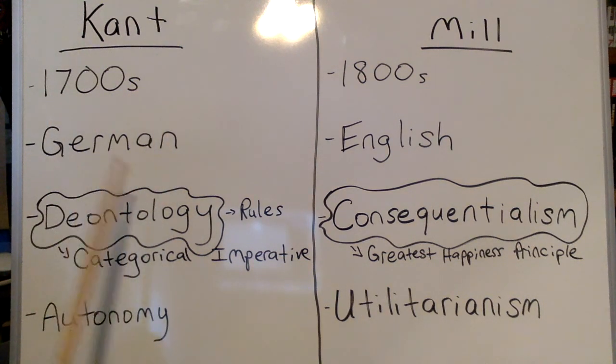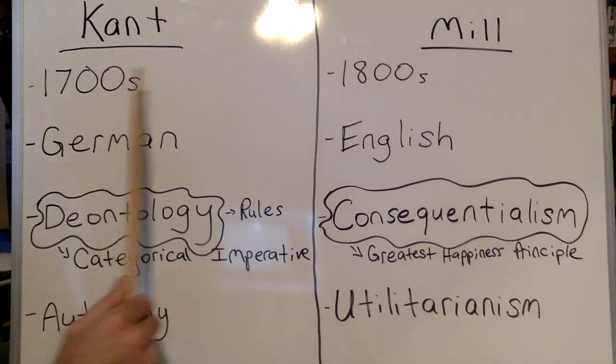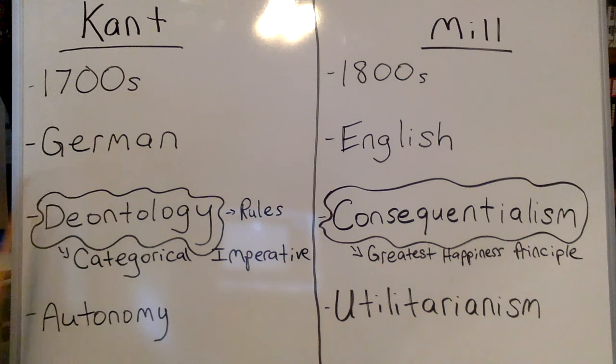Kant was a German philosopher in the 1700s, that is the 18th century, and his approach to morality is typically referred to as deontology, which means this is a moral system that places an emphasis on rules. Okay? So Kant's specific moral law is what he calls the categorical imperative. Now he formulates the categorical imperative in a couple of different ways. The simplest really is essentially: act only on that maxim which you could universalize to all people, right?